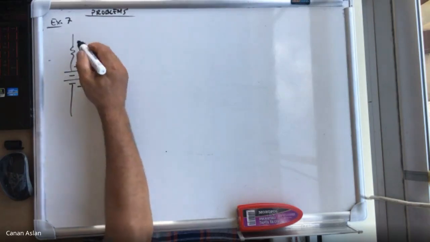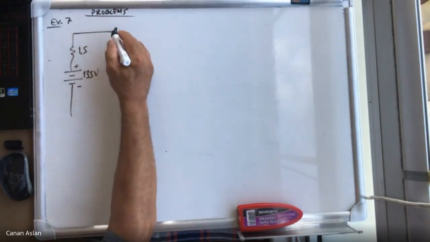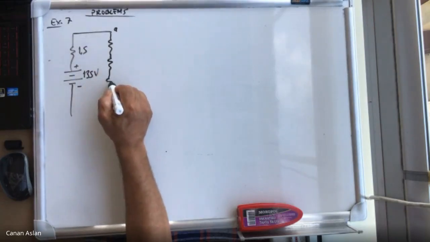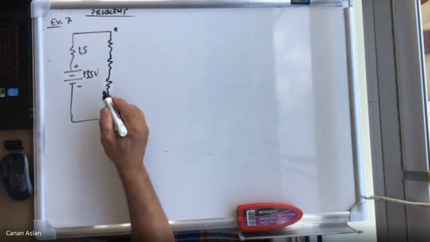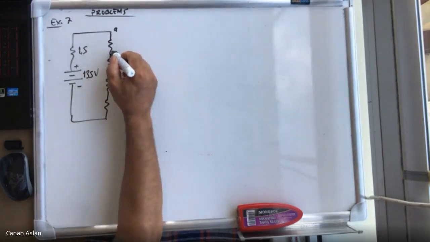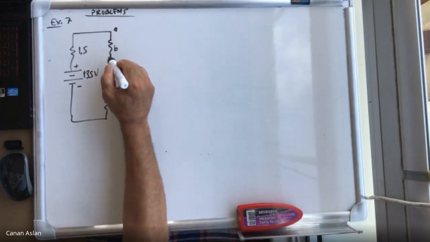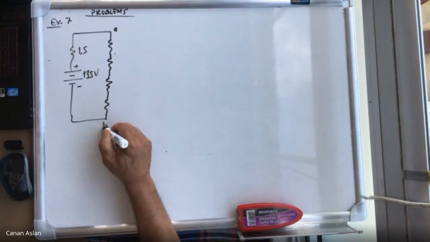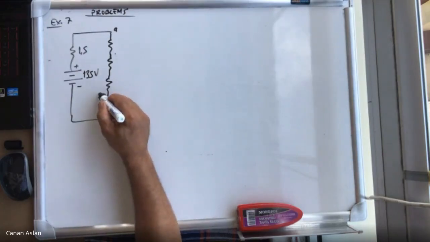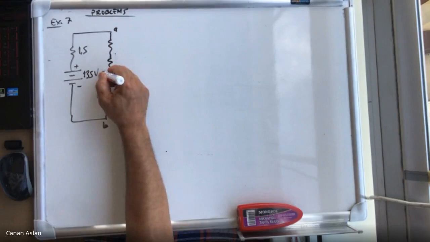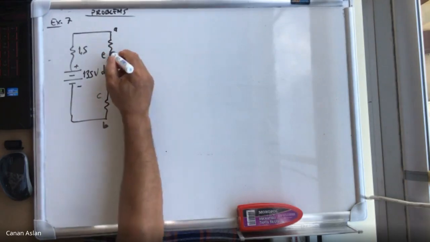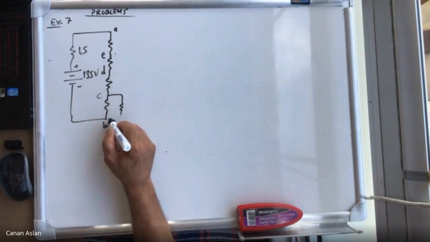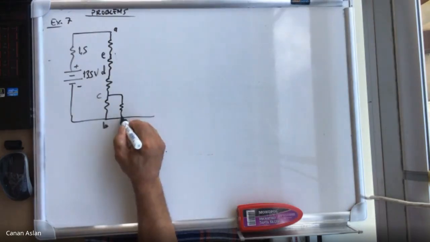And now we have the point A there, a resistance, and 4 resistances connected in series, and this point A, this is point B, and then C is there, D is there, and this is E. So now each one of them is connected to the ground,